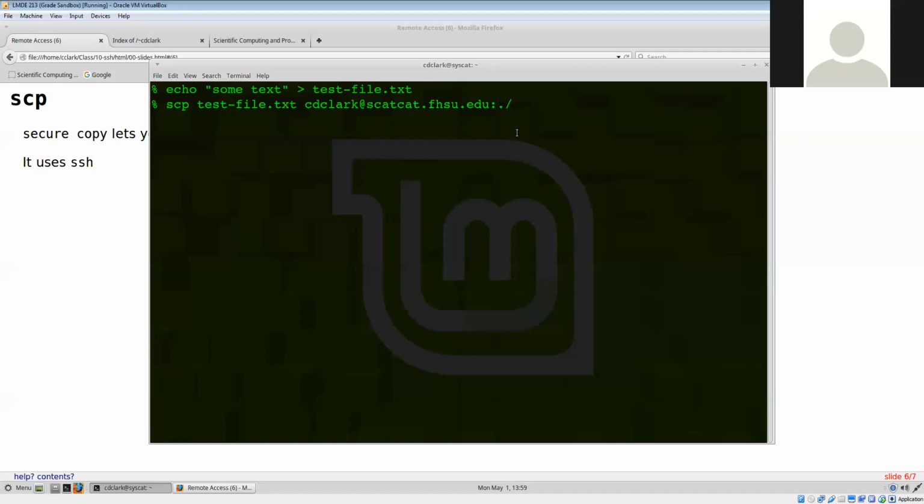:/. There's no spaces. So what this is doing is, it's telling the username that you want to use, the computer that you want to use. The :/ is to tell it what directory to put it in, and you have to have that. The directory that you're going to put it in is with respect to the home directory. So :/ is going to be the home directory of the user that you have access to. You're going to have to type in your password,